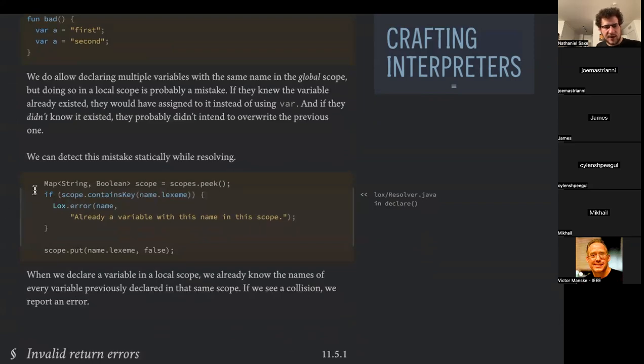So this is in the resolver pass. If you've already got,